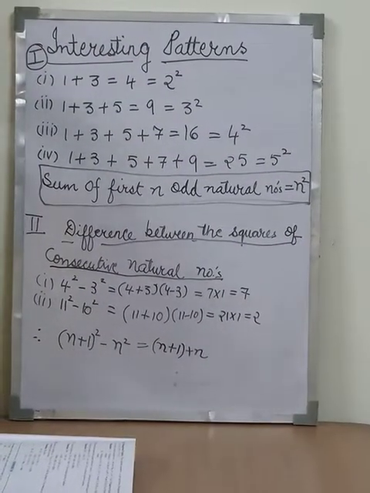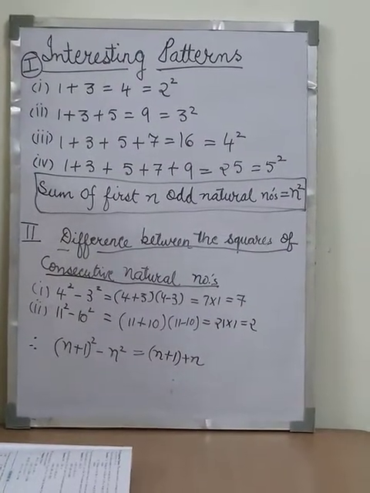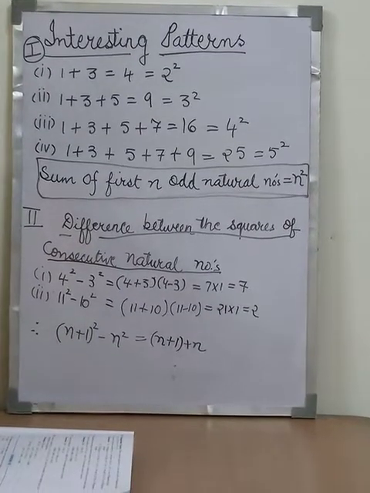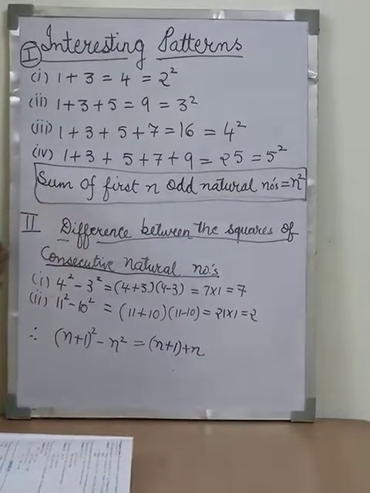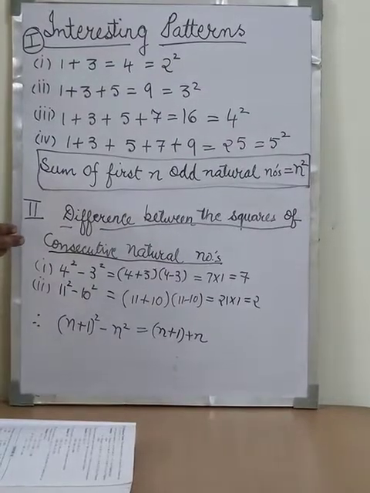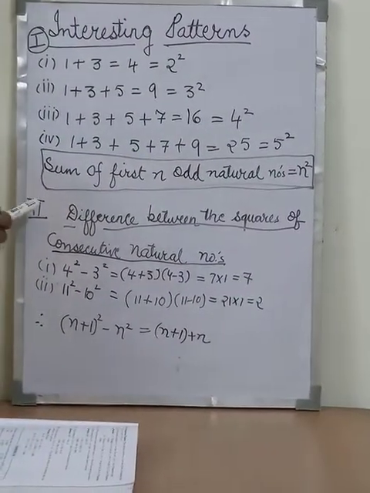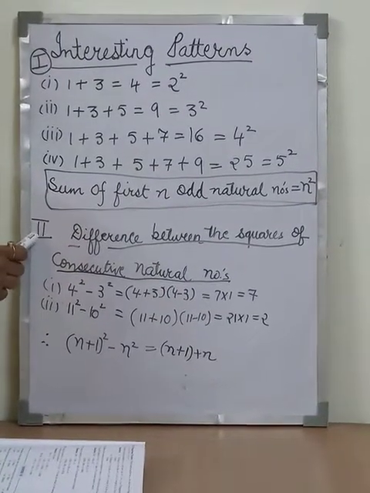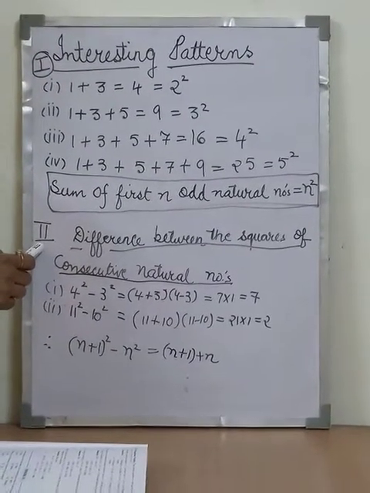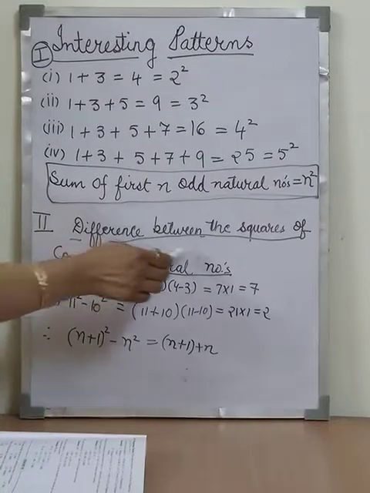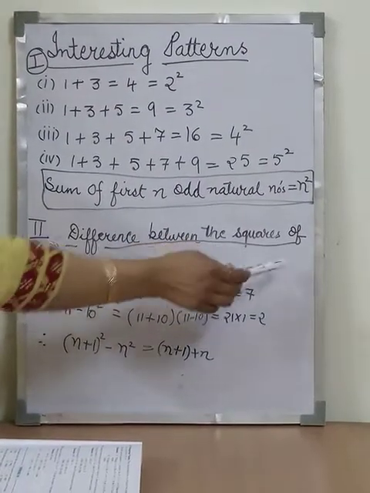Okay children, we cannot skip any of the natural numbers in between. That means if we have taken 1 and then we take 5 and say it is equal to 4 squared, that will be wrong. Then I come to another very important property or pattern, that is the difference between the squares of